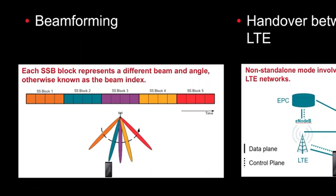We talked about the antenna's beam forming angles, so that is critical. For every beam section, there'll be a focus point. So you need to know the beam index. So this is one area to consider as you're dealing with